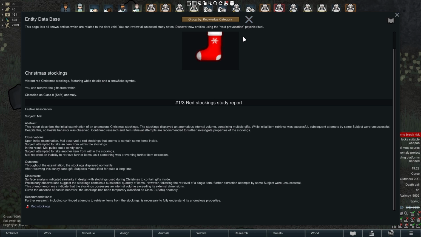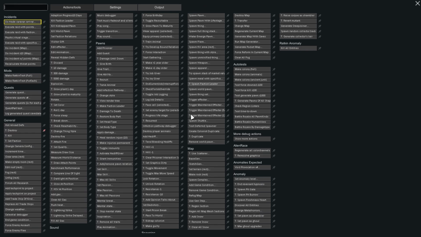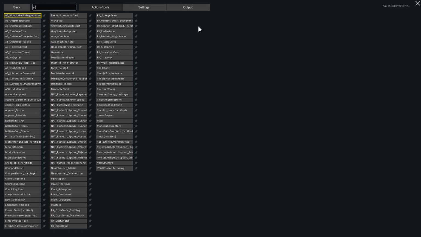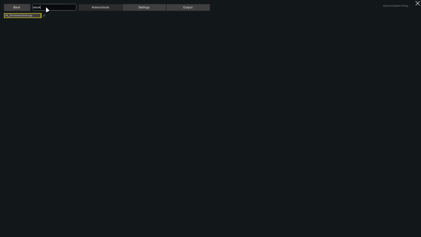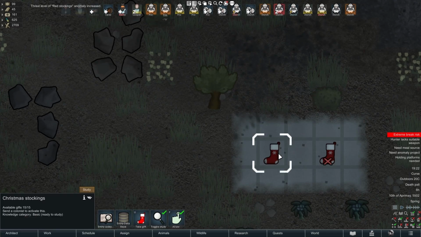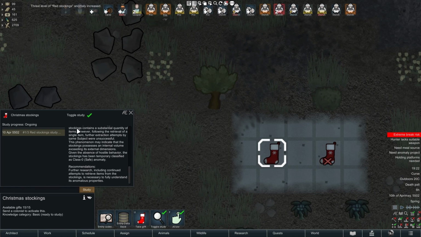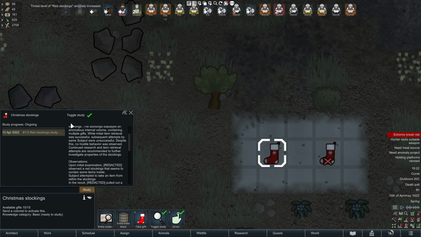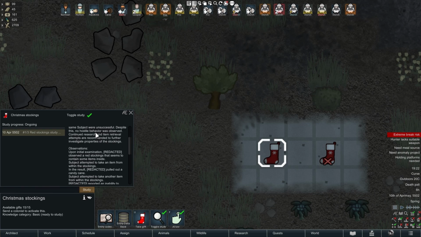Let's showcase this on red stockings. Let's create a new one. And as you can see, it has a study note right away. You can also see that the vanilla study tab has a very small space to read study notes, so use the database or letters instead.